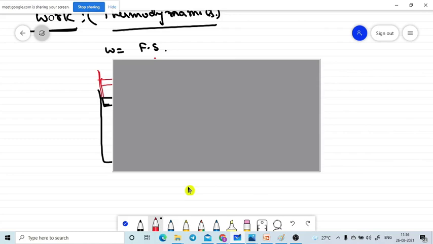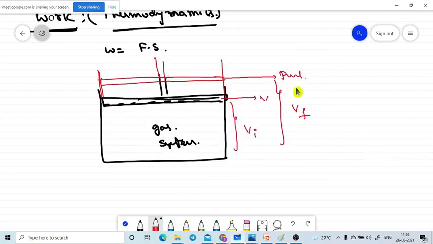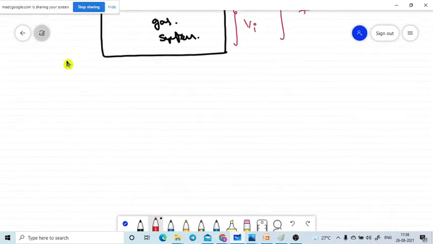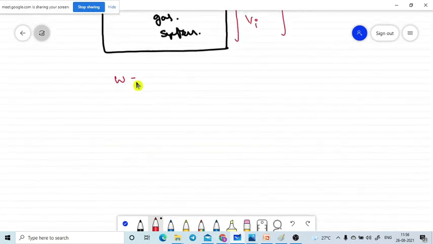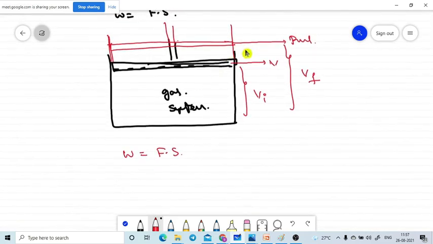Now our goal is to find out how much work is done by the thermodynamic system, but we are calculating with the help of the basic dynamics formula only. W is equal to F dot S only. From that formula we are going. Let's see how much displacement is produced by the applied force, the pressure of the gas. Let's assume that portion is dx. dx is the displacement of the piston in the upward direction.